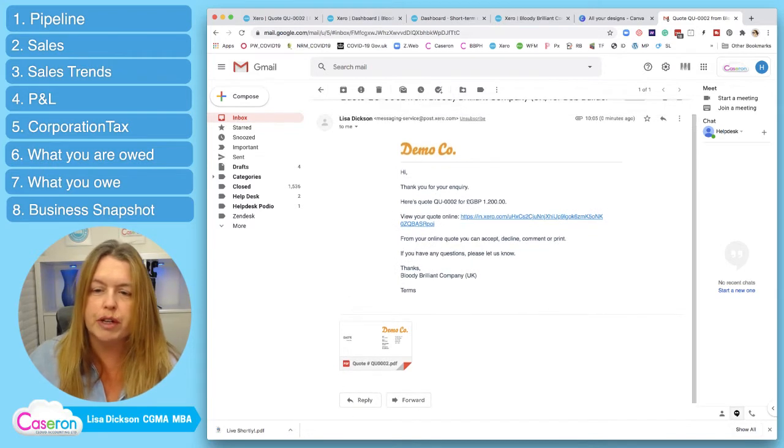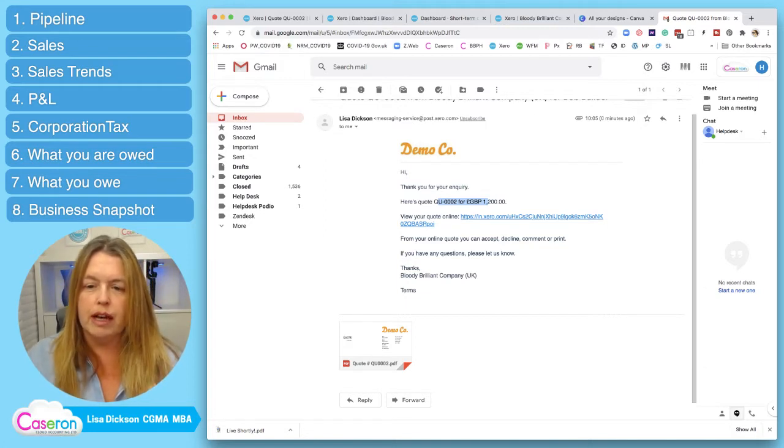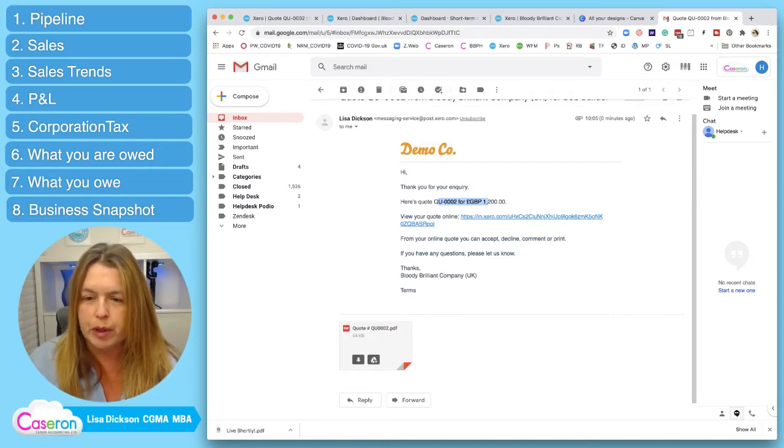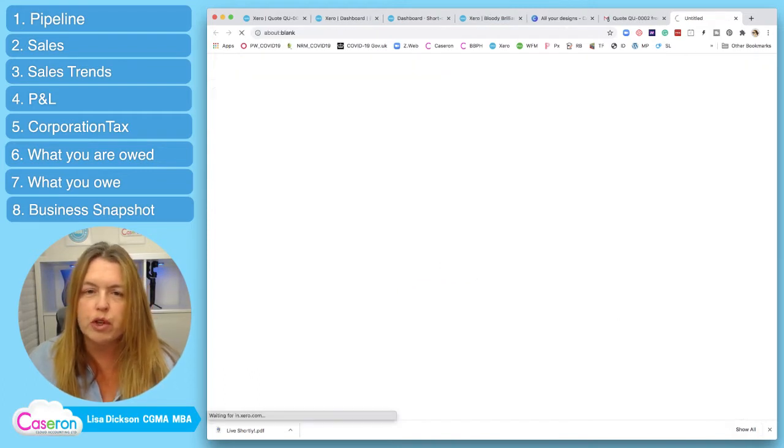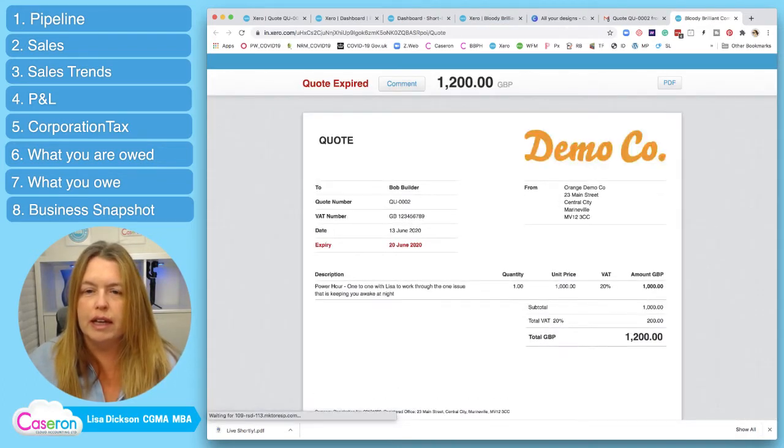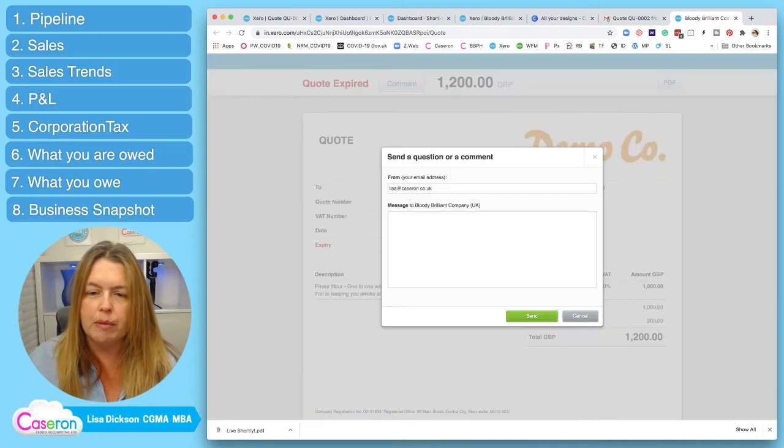This is what your customer is going to see. So you can change a template so that gets rid of the pound and the GBP. You can add a little bit of text to your email so that it's more personal and more engaging, but it's quite nice. It's got a little bit of branding in it, and I'm going to view my quote online, and here I might make a comment on it